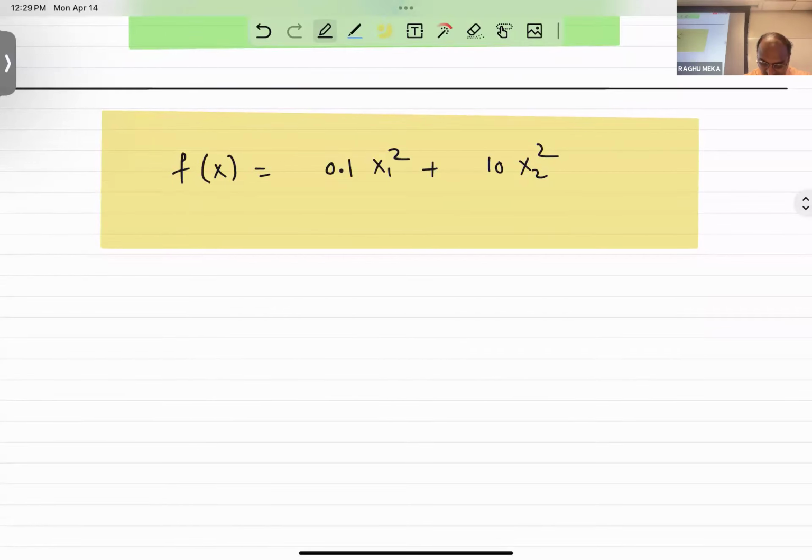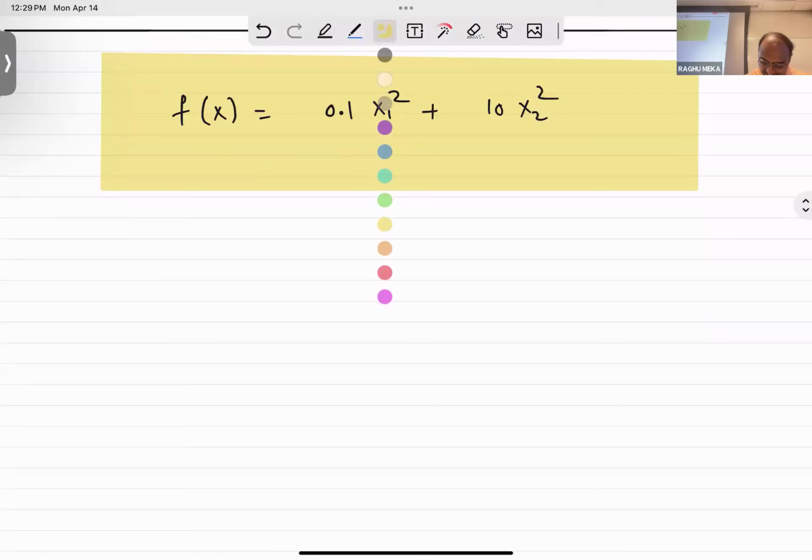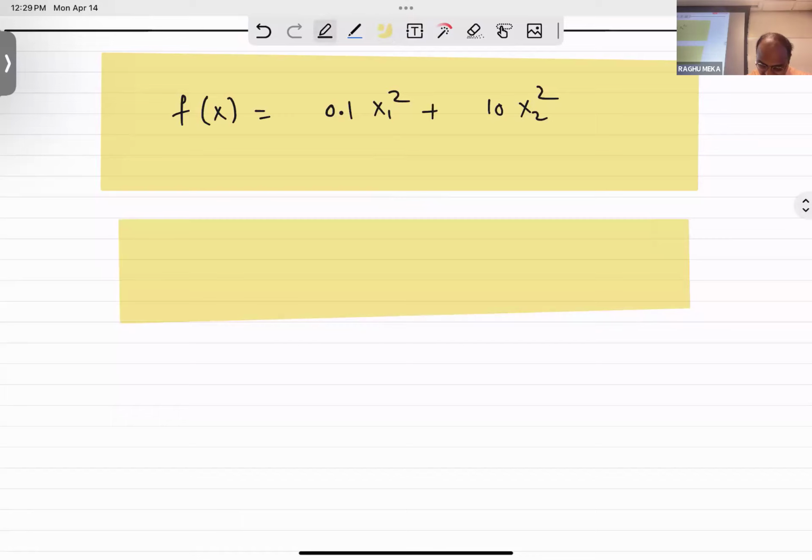But my function could really be something similar, but slightly different. So how do you handle that case? Let's say my function is similar in spirit, but one where coordinate scaling doesn't make sense. Any guesses? Exactly, right? Why should my thing be so axis aligned? Why should I be so lucky in some sense, right? So what if my function is something like,